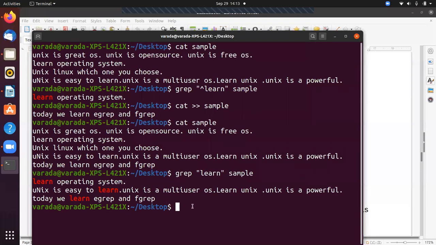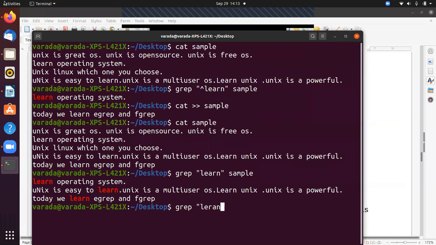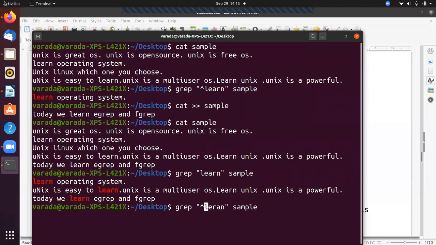Now I want to display the lines which start with the string learn. Then how can I grep? The string is learn, then we give the file name sample. Before this string we provide one meta character, the caret. Now if I enter, okay, the spelling is wrong, learn.